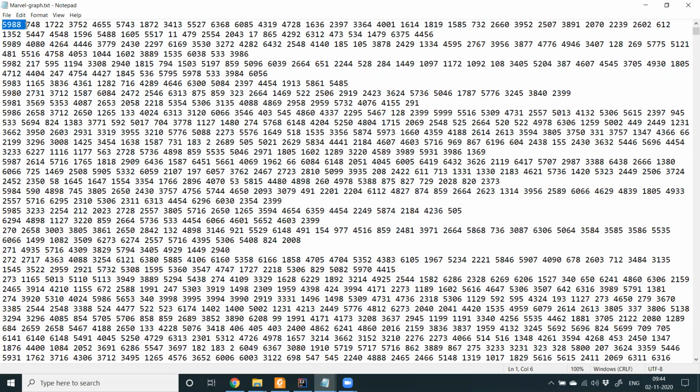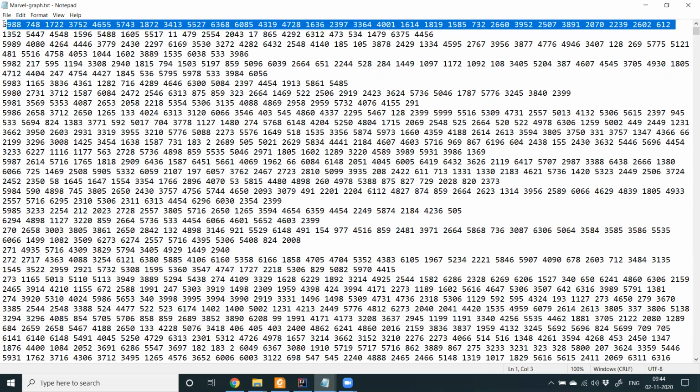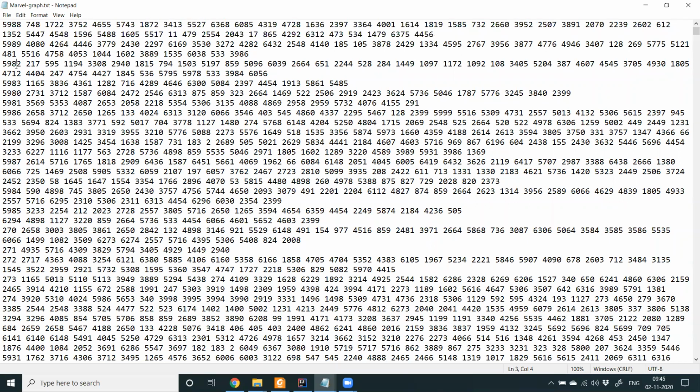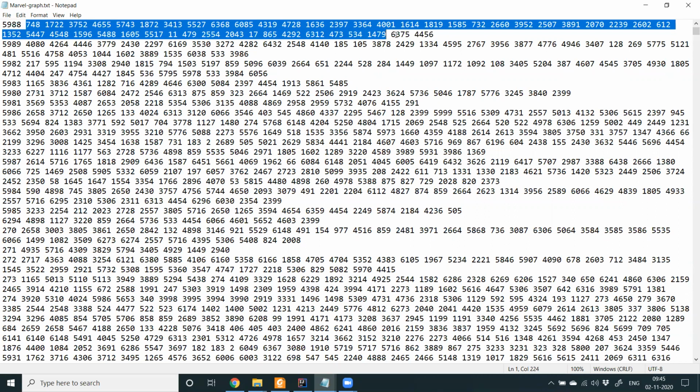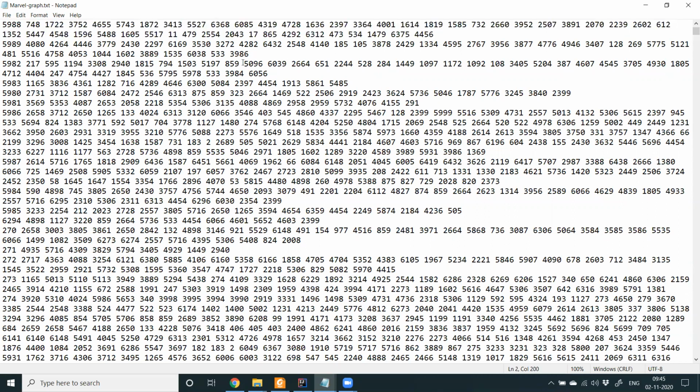That means Thor has a connection with Spider-Man, and that's how these connections have been made. It is also important to notice that you may have multiple entries for a superhero. The first entry is the superhero we are representing, and the rest are the connections. That is how each entry appears here.